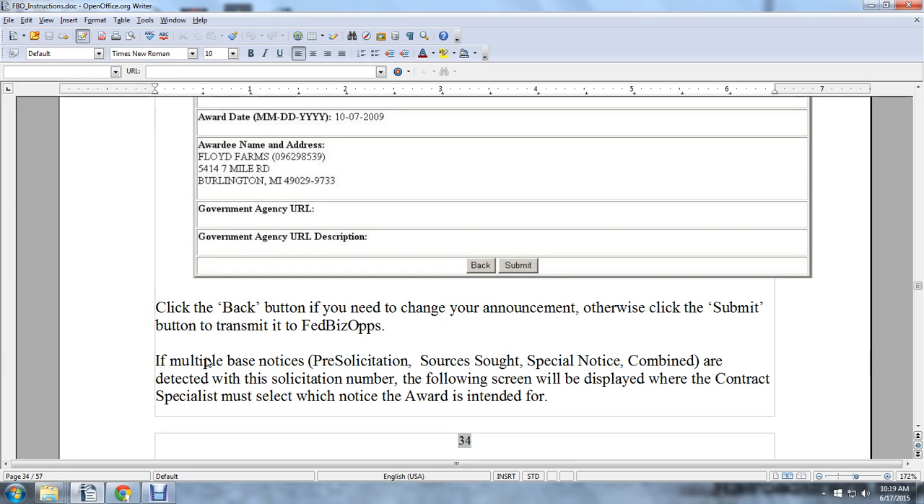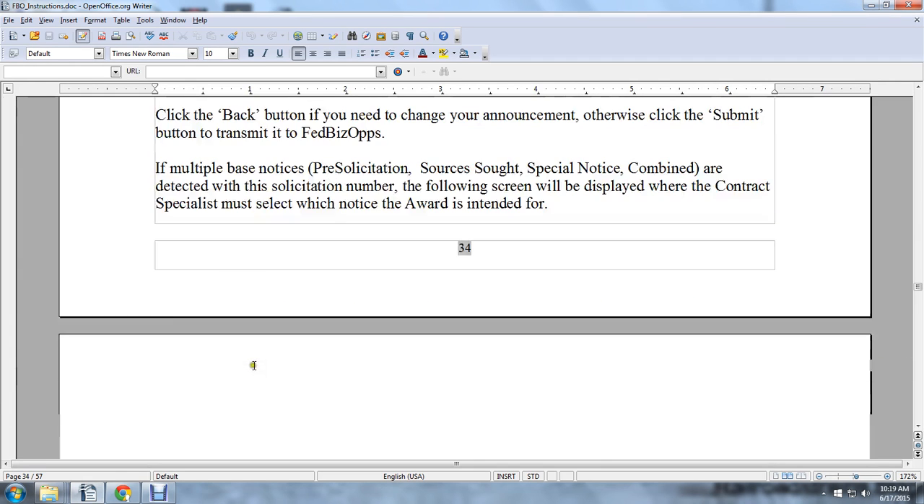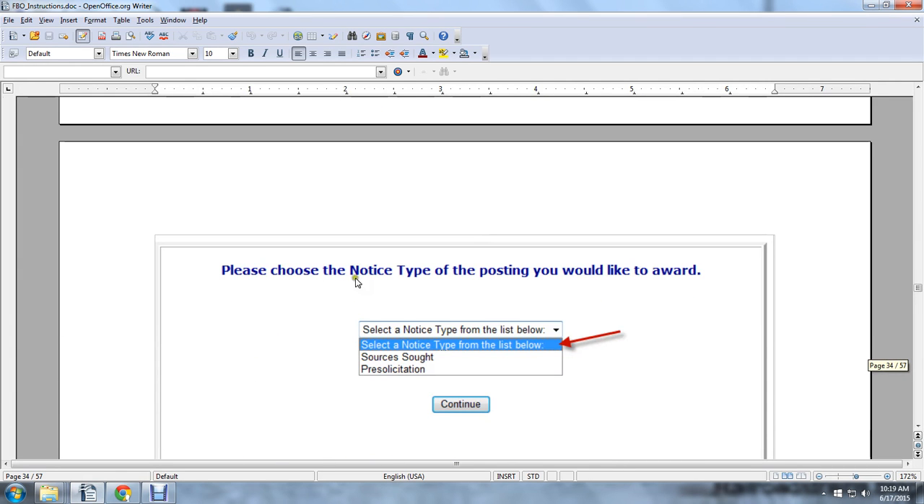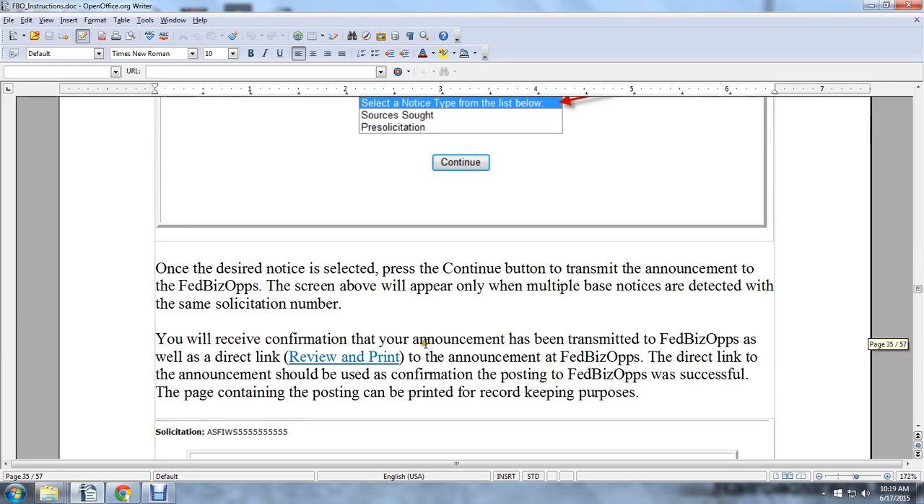Multiple base notices, pre-solicitation sources, special notice, and combined are detected in the solicitation. The following screen will display the contract specialist with the most notices of awards intended for. Please select the notice for the posting you will be awarded. Source of pre-solicitation. Once awarded, described, and selected, please press the continue button to transmit the announcement of the